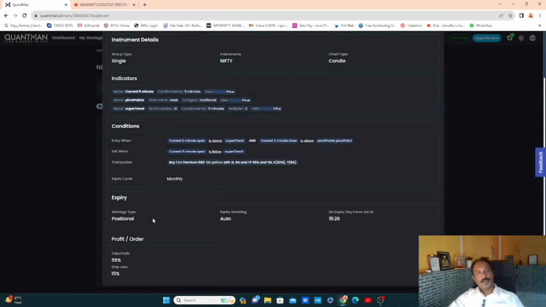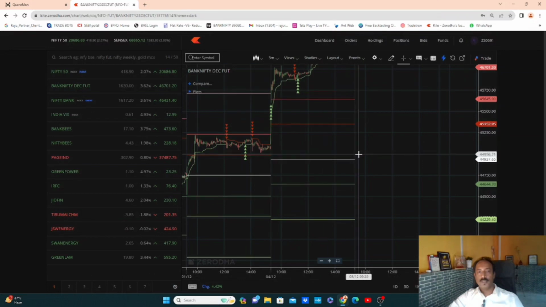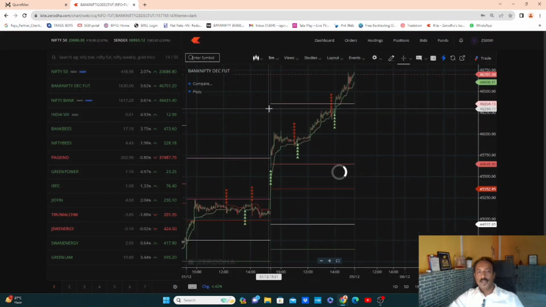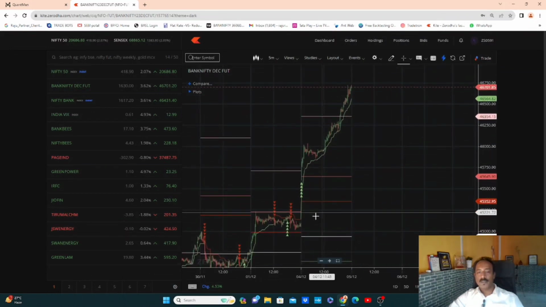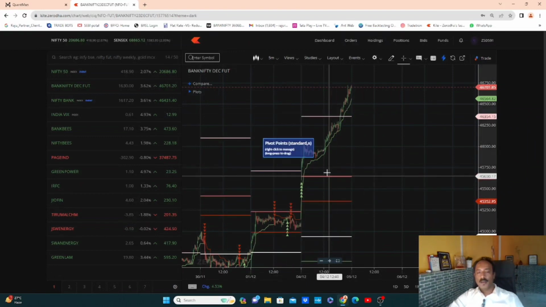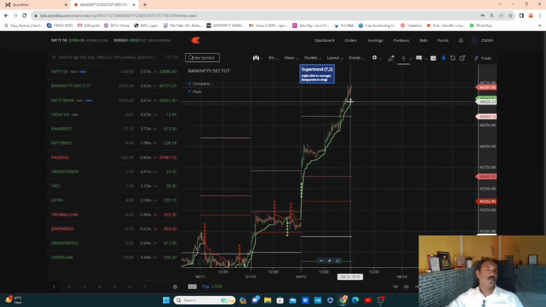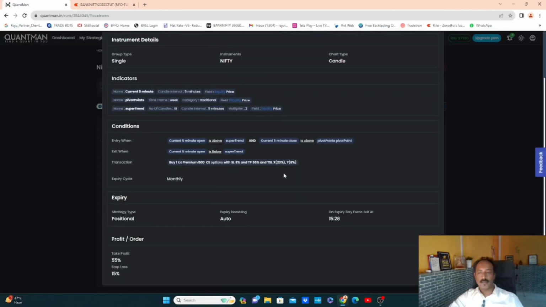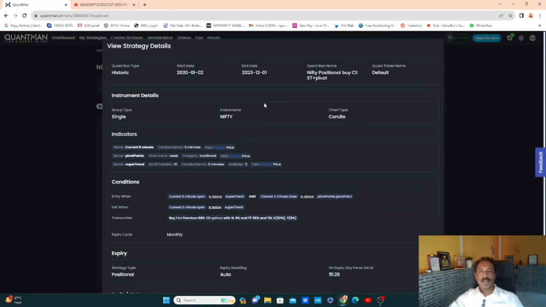Previously we did an intraday strategy, and I am doing it in a positional way because I'm considering pivot also into the rule. So whenever the Nifty is above the pivot, it will buy and hold till the exit is given on the 5 minute chart. See, if you change this to 5 minutes, you'll get very few entries but bigger movement. Just imagine, we would have bought here today, and the whole day there is only one trade. I will show you the backtested result here. So this is the strategy rules, you can say.